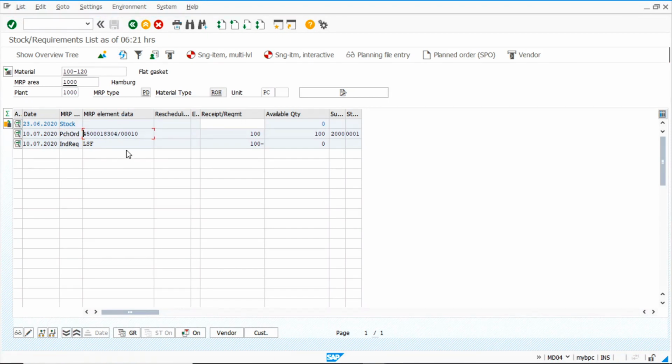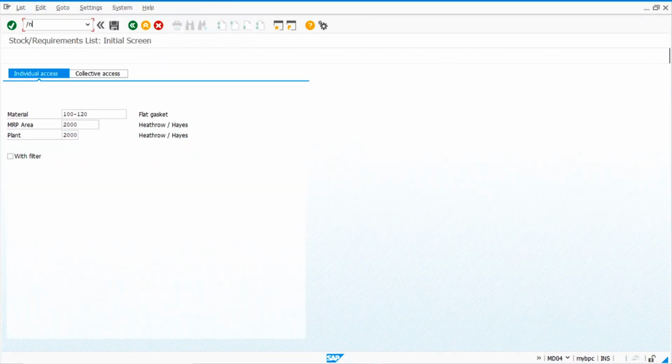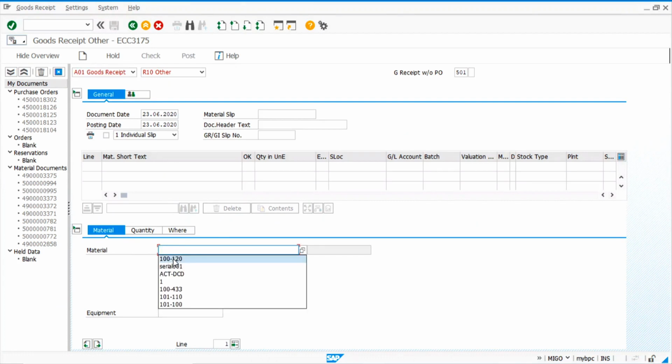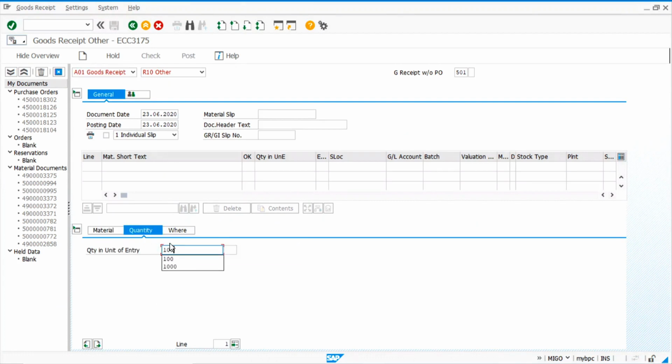And we have our PO, that can also be visible in the supplying plant. Now that we have our PO in our supplying plant, before we are able to post or to create the delivery, we will need to put some stock and confirm the PO. So we are going to make a goods receipt for our part,